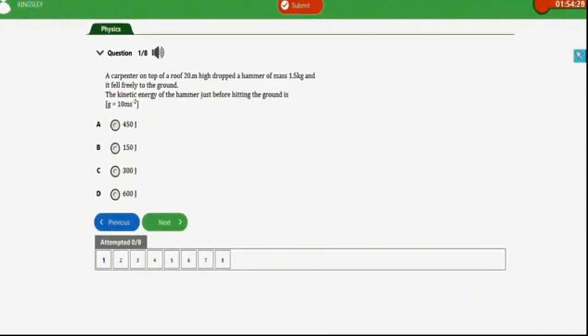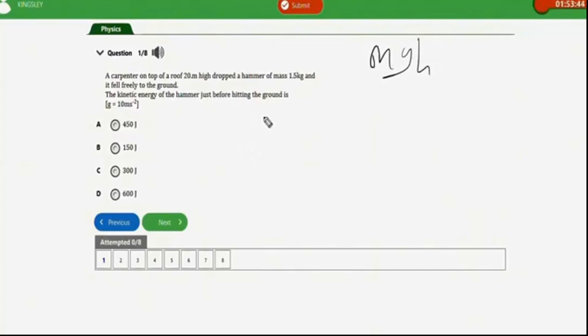Let's get started. The first question says a carpenter on top of a roof 20 meters high dropped a hammer of mass 1.5 kg and it fell freely to the ground. The kinetic energy of the hammer just before hitting the ground is what? We are given the acceleration due to gravity, g, to be 10 meters per second squared. Take note that the kinetic energy of the hammer just before hitting the ground will equal its potential energy. We know that the formula for potential energy is